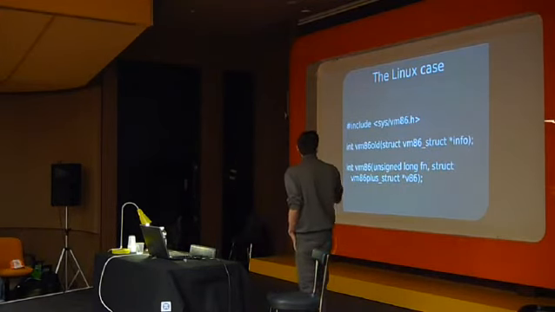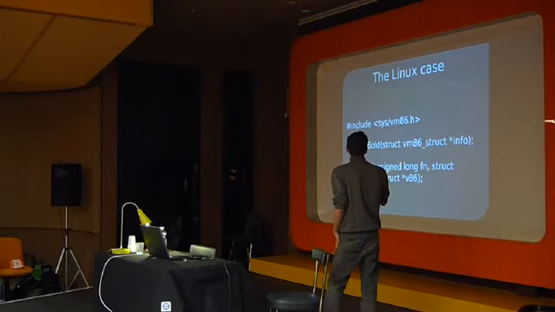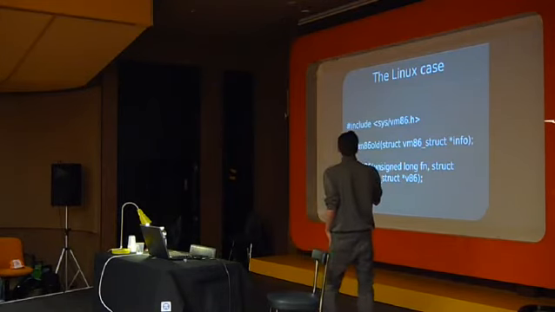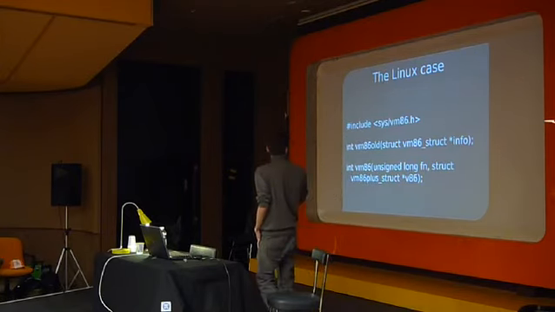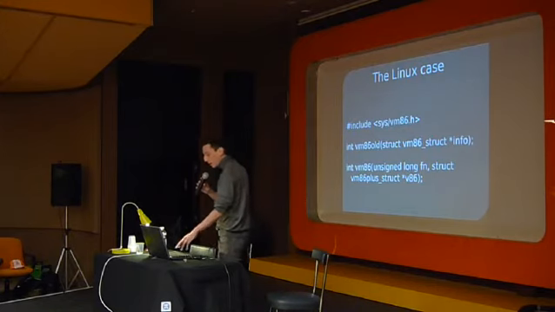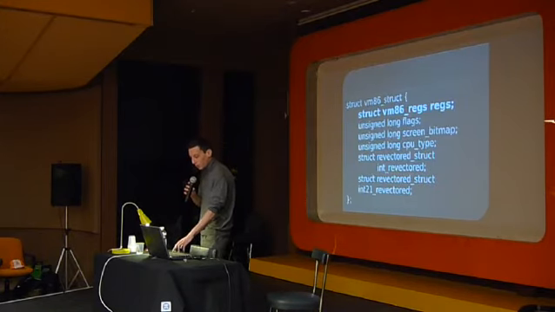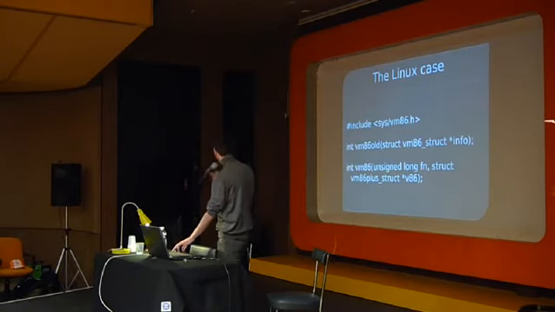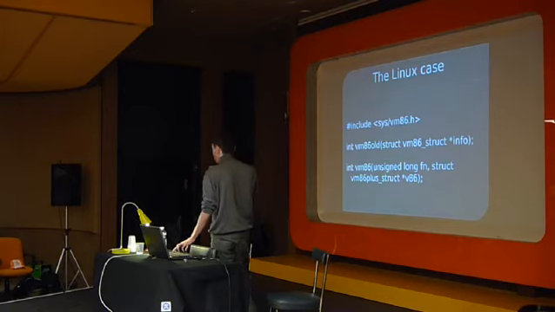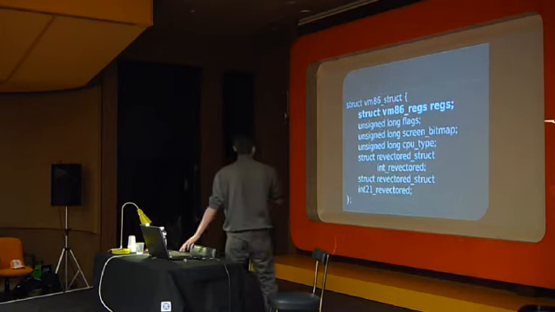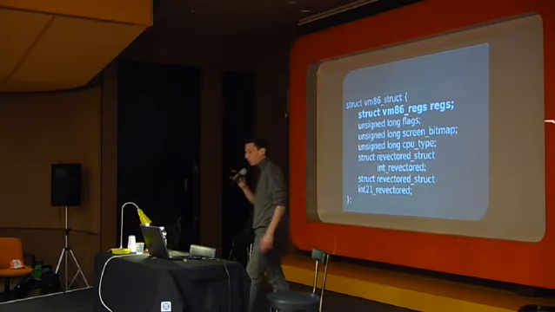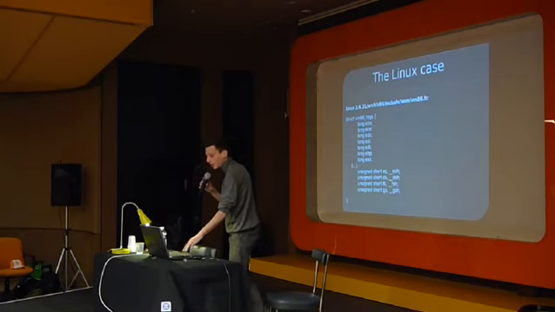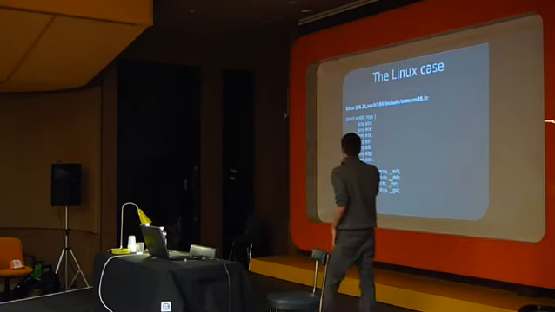If we look at this API, they take as an argument a complex structure, which is a kernel structure, to pass arguments to the kernel. So if we look at those two syscalls, they are using a different structure, but good news is inside those structures there is a pointer to another structure, which is the same in both cases. So if we take a look at it, the argument